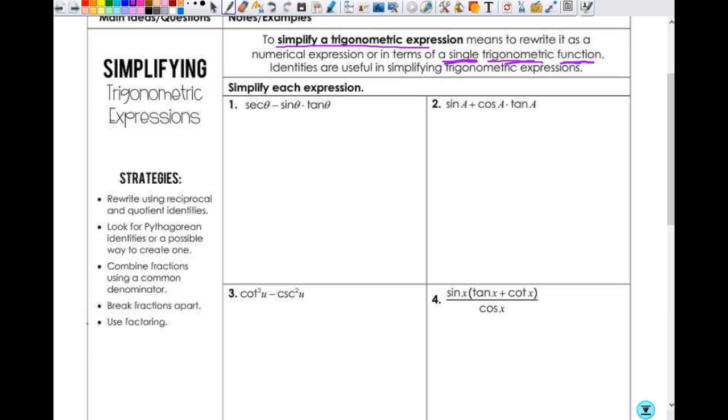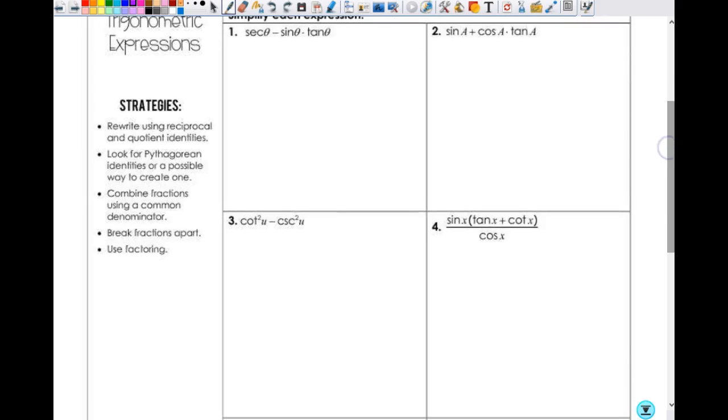All right, so let's start with number 1. Let's see what we could do. So our first strategy is to try and rewrite using reciprocals and quotients. And this is not an equation. We are not solving. We are just trying to simplify this down to just one little expression, okay, or one term. So what is the reciprocal of secant? Cosine. So this is going to be 1 over cosine theta